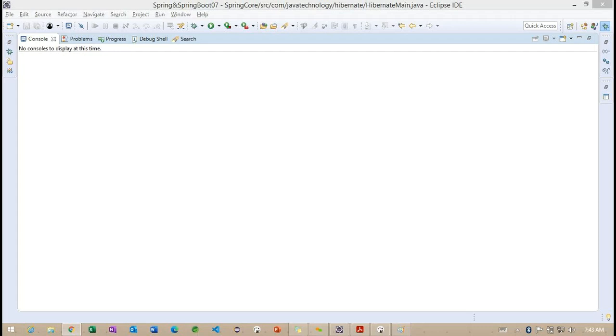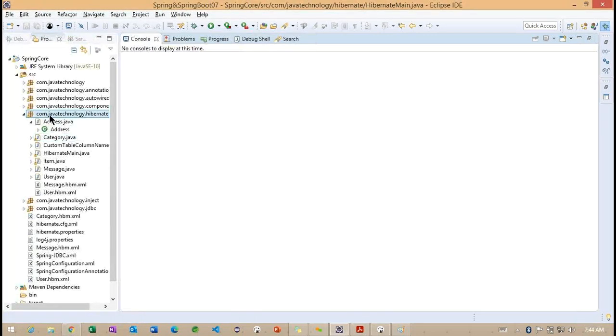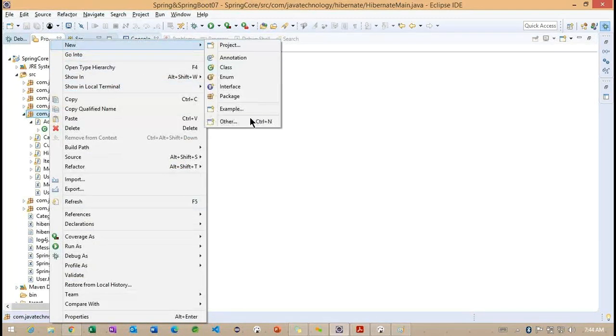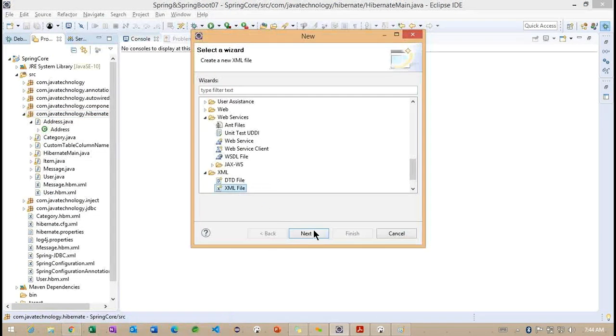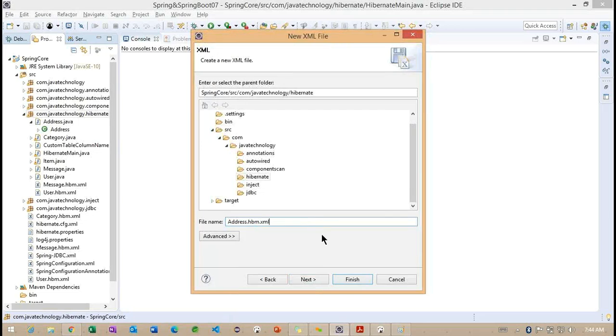To add this particular address hbm, what can we do?